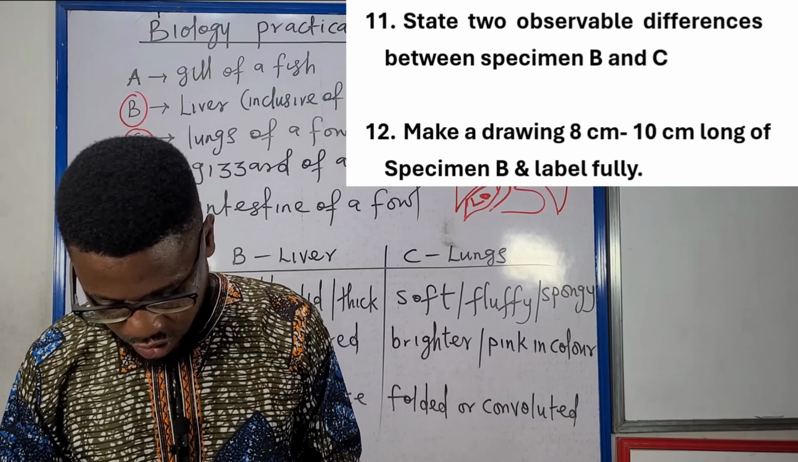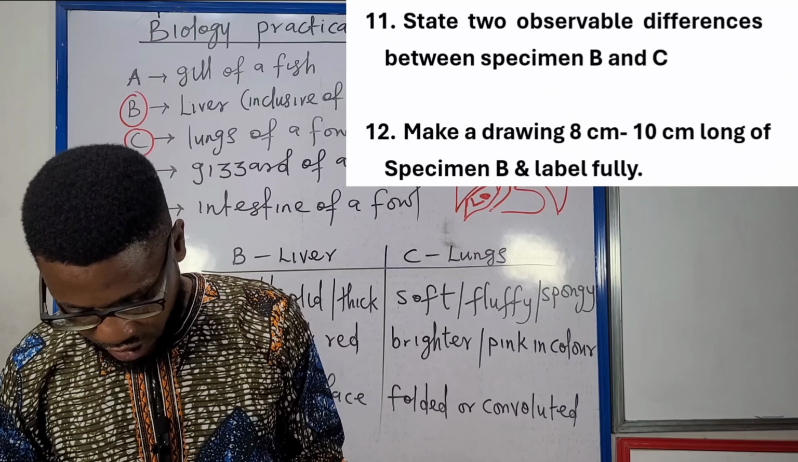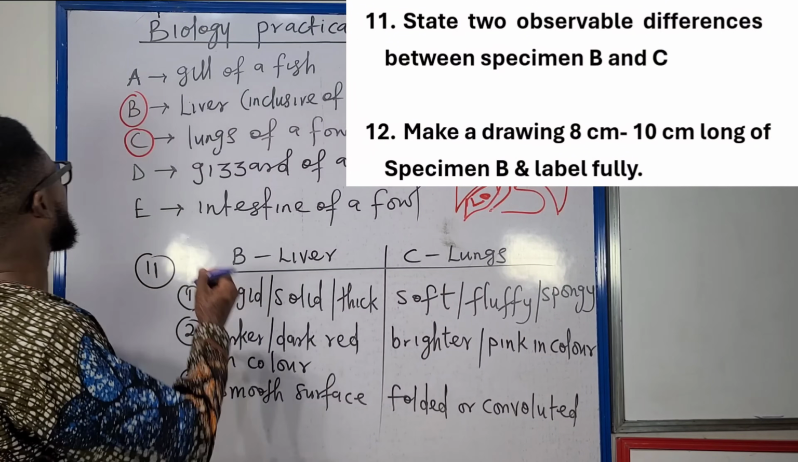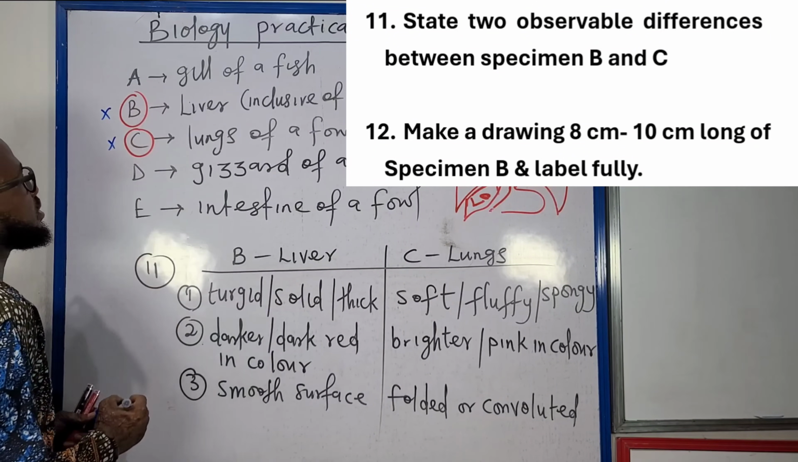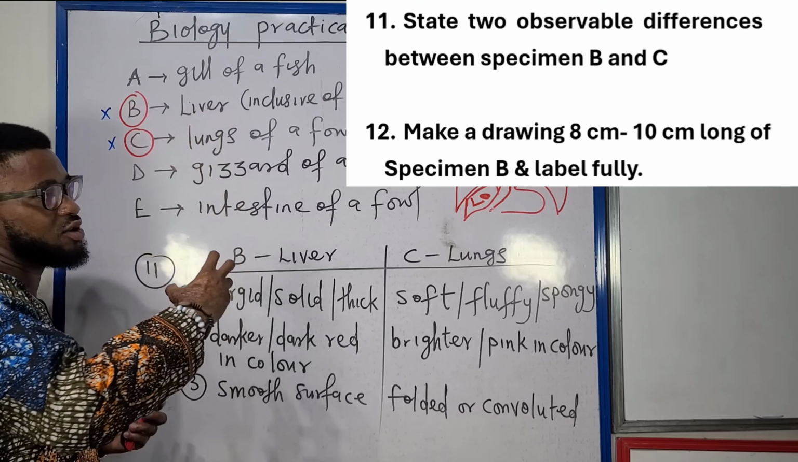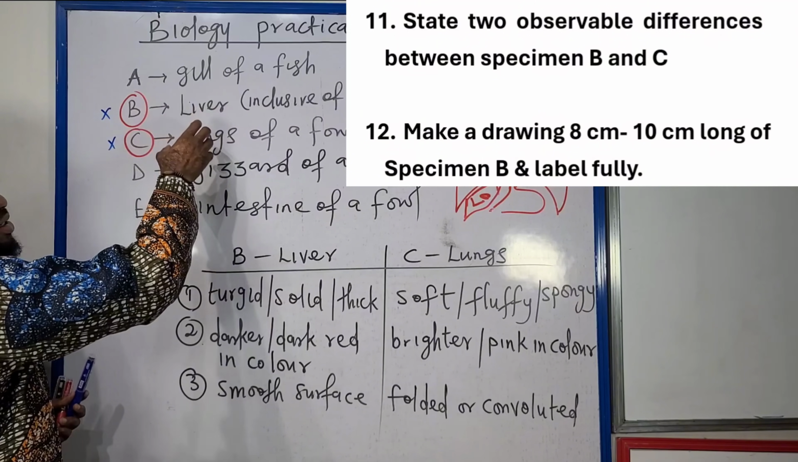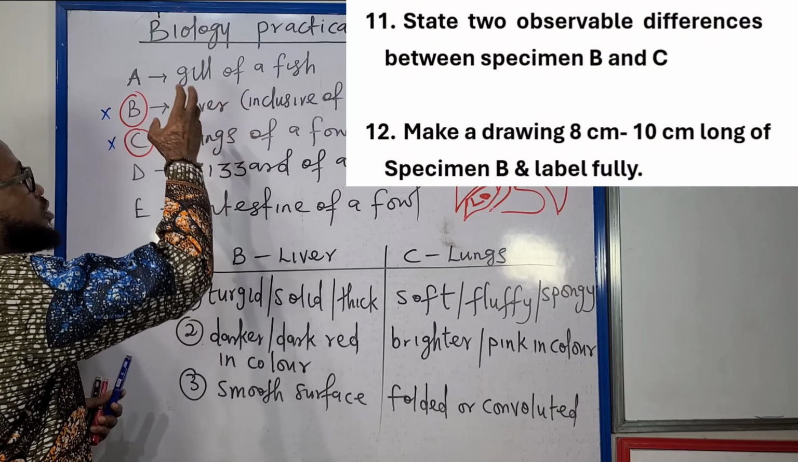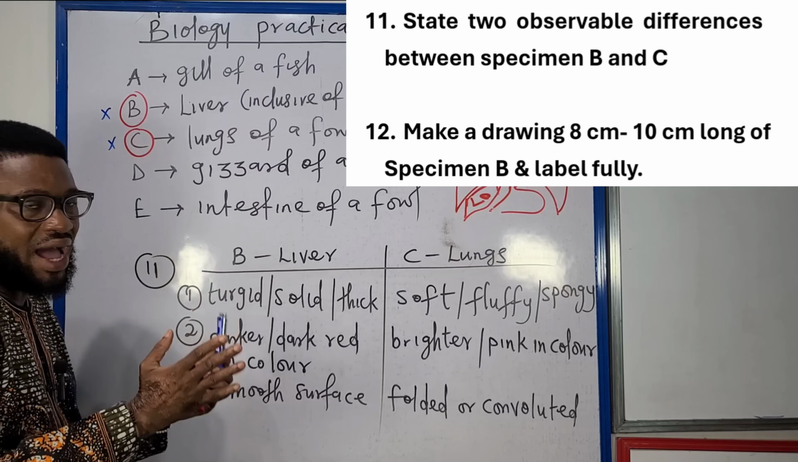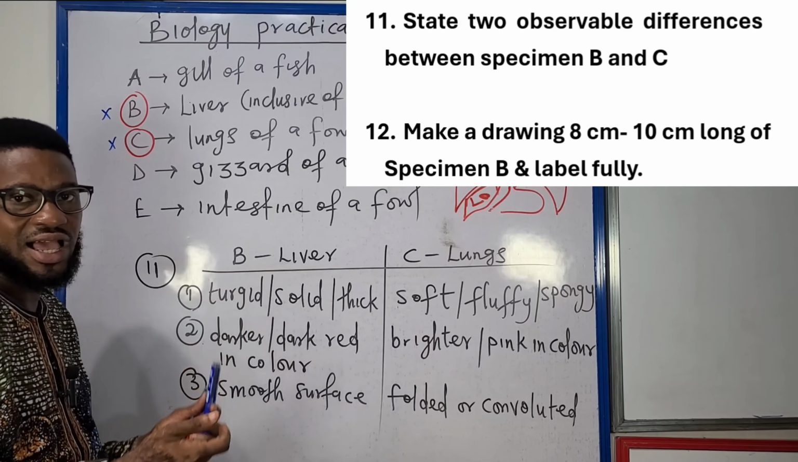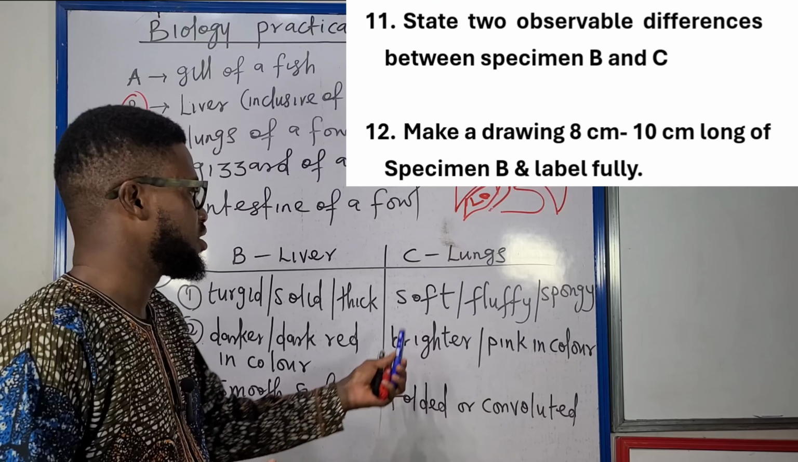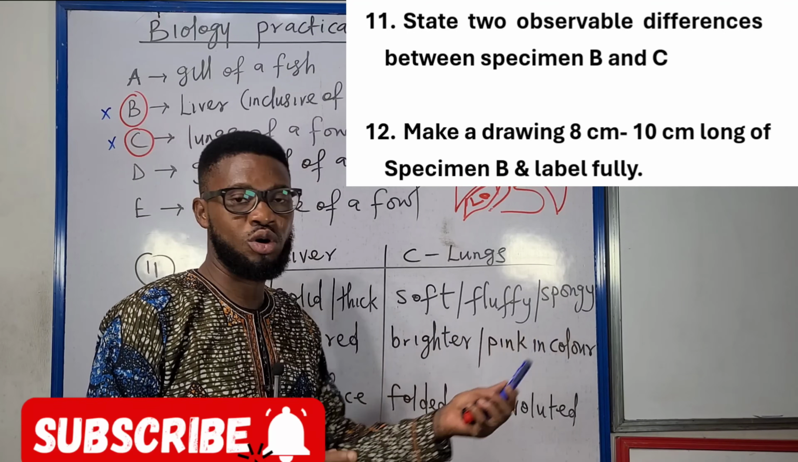For question 11, we were told to state differences that we can observe between specimen B and specimen C. That's more like telling us to differentiate what we observe between the liver and the lungs. The liver is more packed, turgid, solid, and thick. But the lungs, even when you press them, are foamy, soft, fluffy or